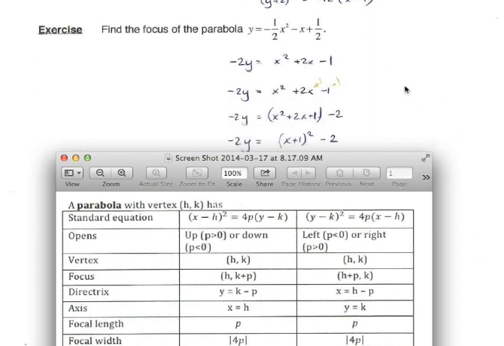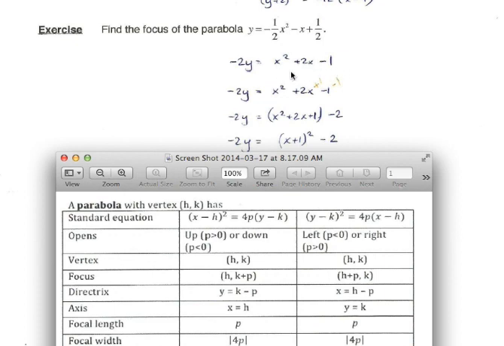The next exercise is the other way around. We are given an equation and we have to find where the focus is. So firstly, we need to rewrite the equation we are given in standard form. We don't know yet where we are, although we could guess, because we know this parabola opens down because a equals negative 1/2. But putting this equation in standard form, we move the y, we multiply by negative 2, and